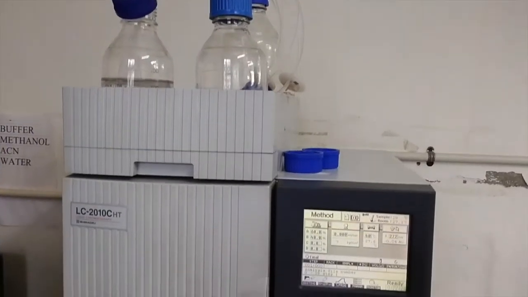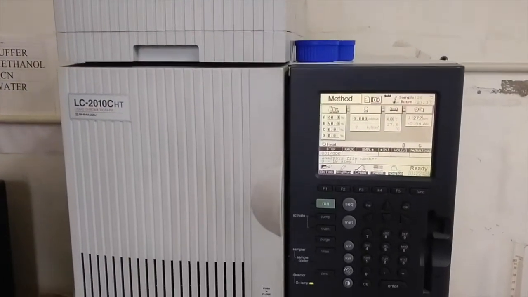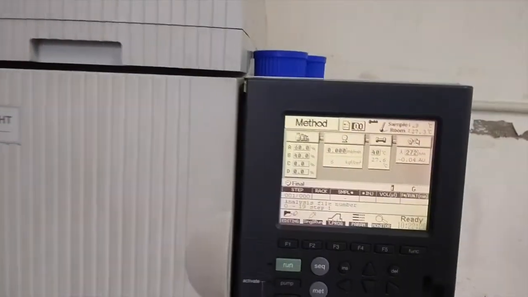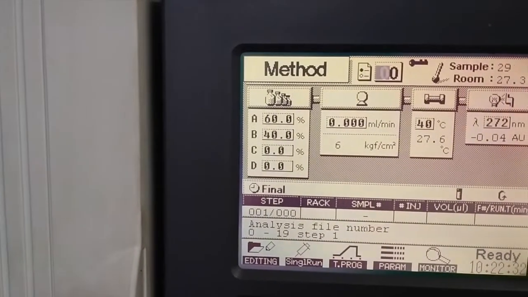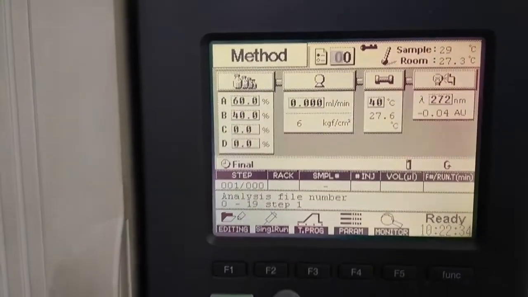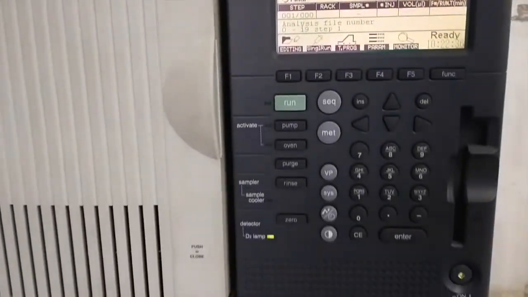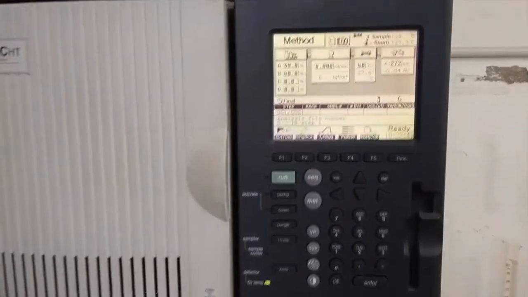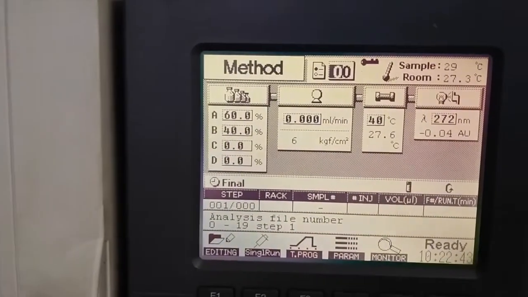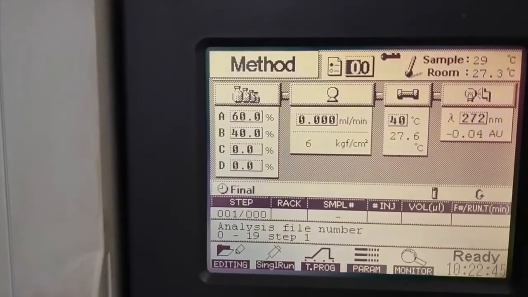Now moving towards the next part of HPLC instrumentation, how to operate the HPLC instrument. Before operating the HPLC instrumentation, first we have to set all the parameters. You have to set the flow at 1 ml per minute.